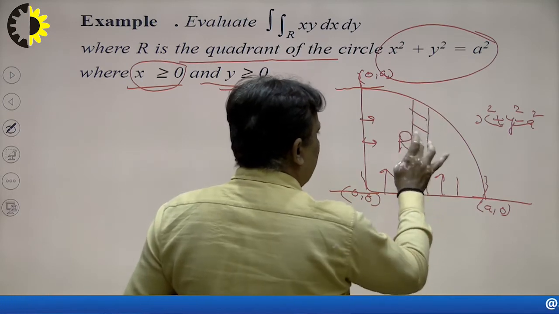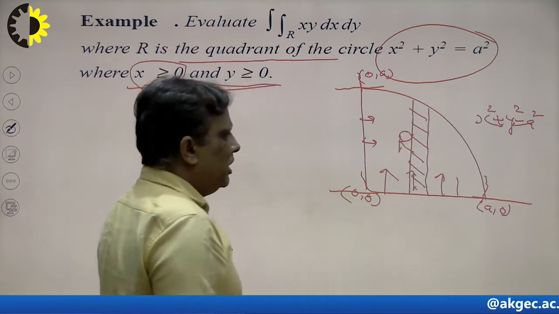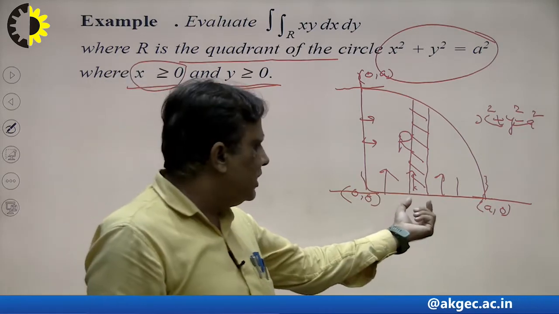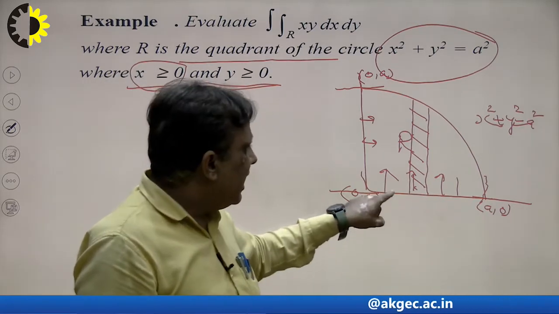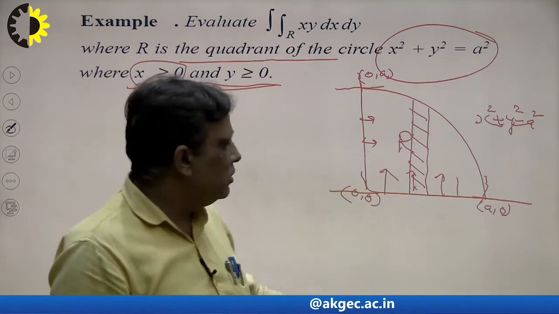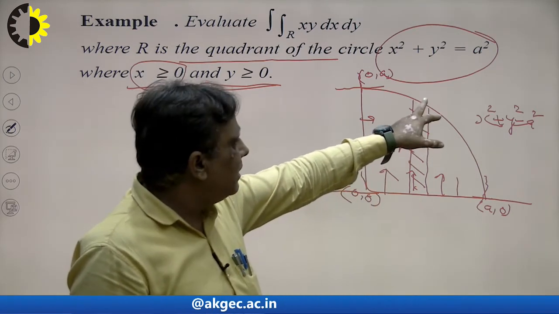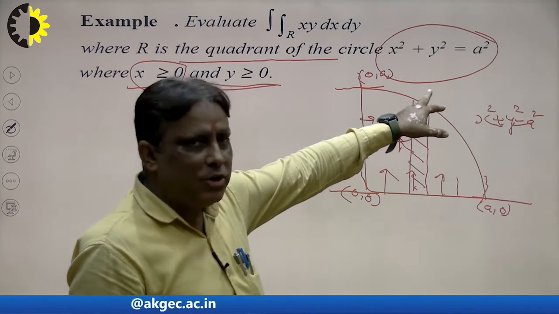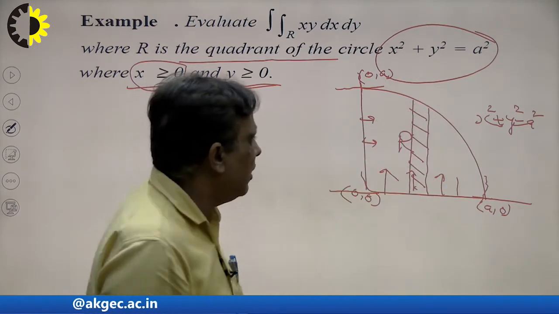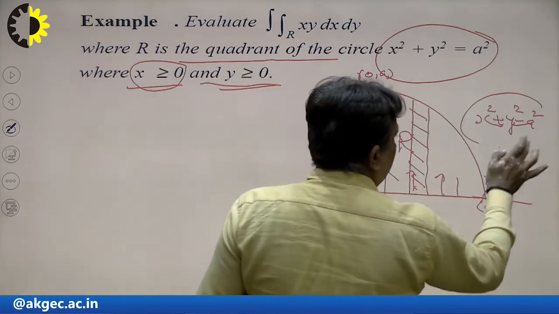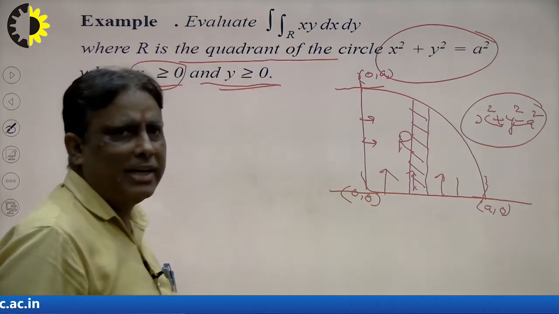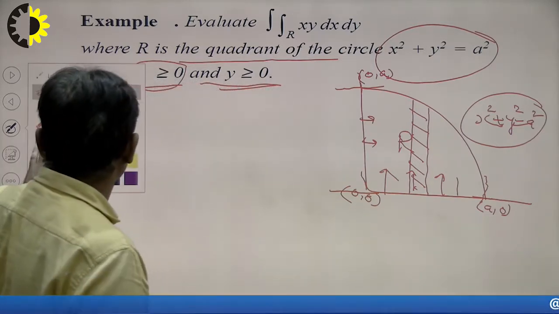So first of all, the limit will be of y here. The lower part of this strip touches the x-axis, and what will be the limit of x here? 0, right? The strip passes through and touches the highest point on the circle, and we calculate the value of y here as under root a square minus x square. So in this way we consider the limit here.